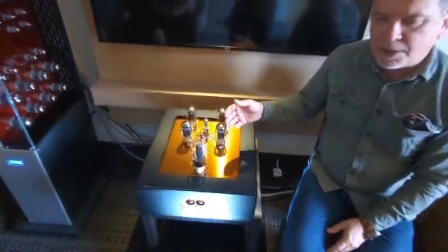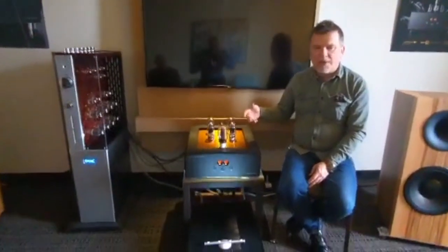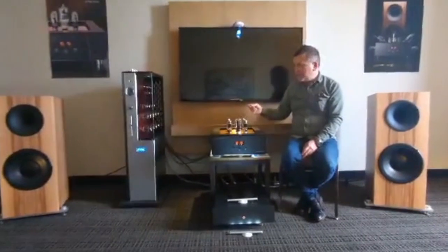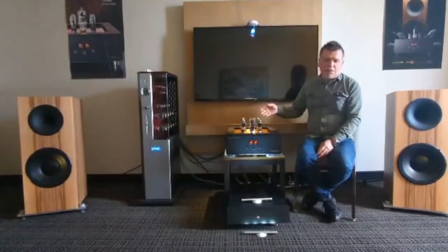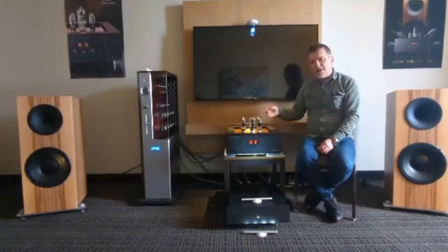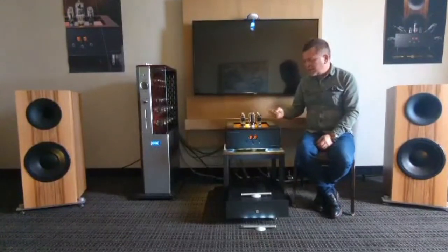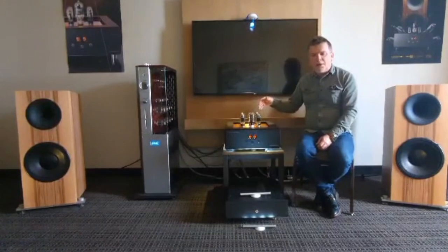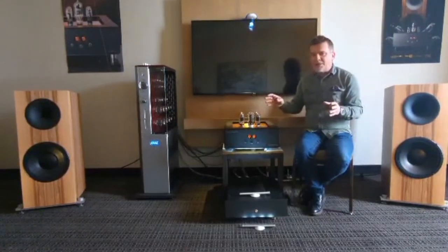12AU7, 12AT7, or in Europe ECC81, ECC82. Those have a particular pinout of the novel design. And then you can go to the 6922 or the Russian 6N6 or 6N1, 6N2, which have a different pinout also of the novel type. And then with these adapters, the adapters open the window to hundreds, if not thousands of